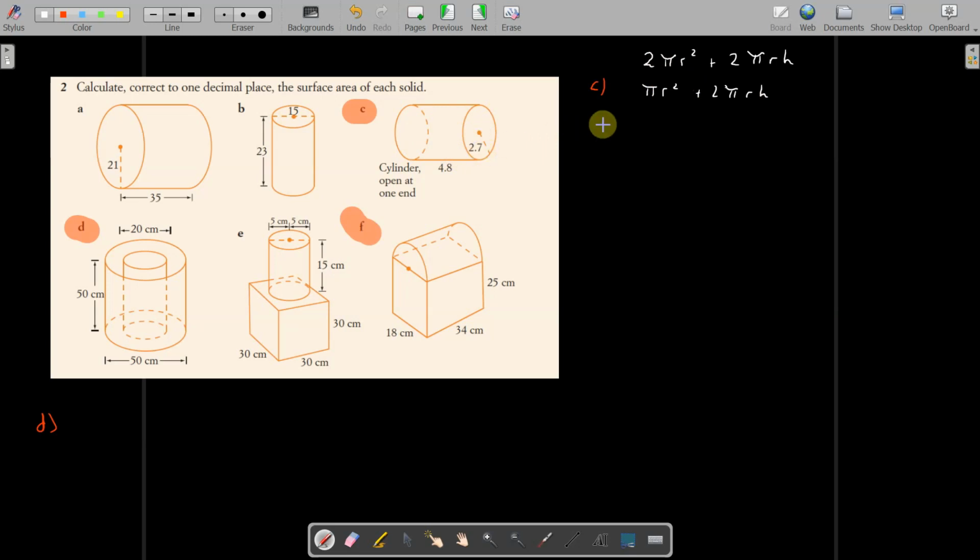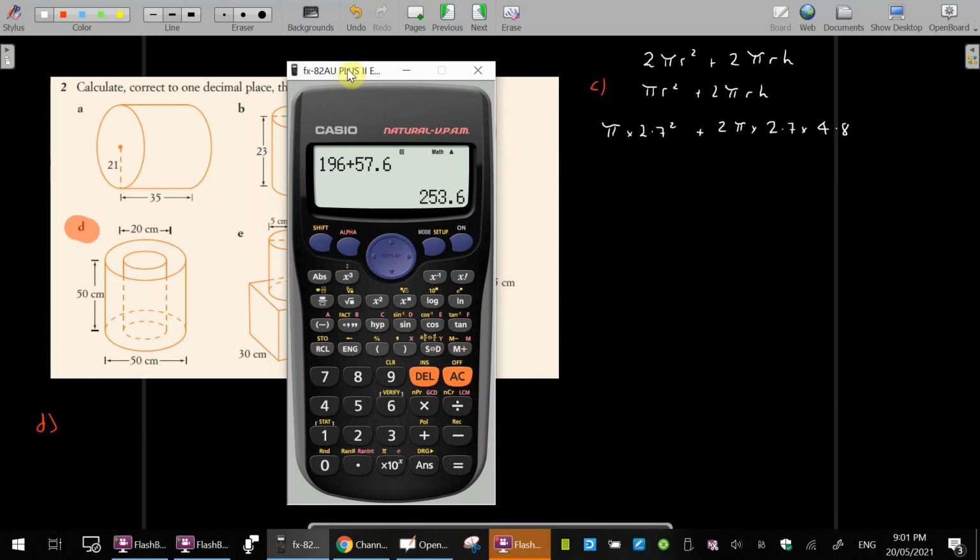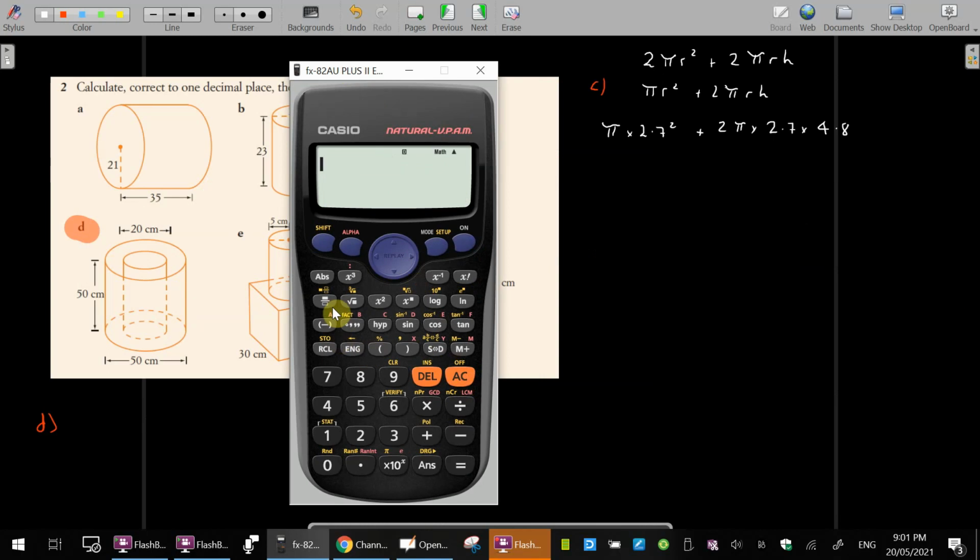There's our radius. So we're doing pi times 2.7 squared plus 2 pi times 2.7 times 4.8. And I think I can put all that in one hit on a calculator. Let's try. Let's move it over here. Clear. So